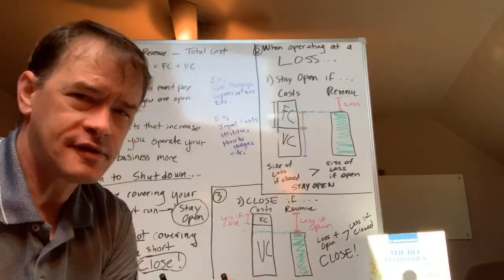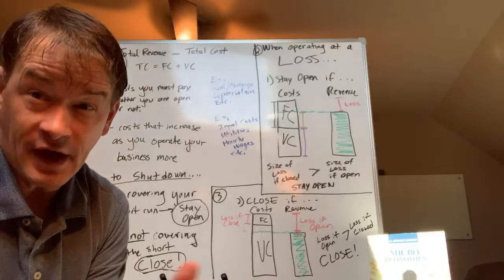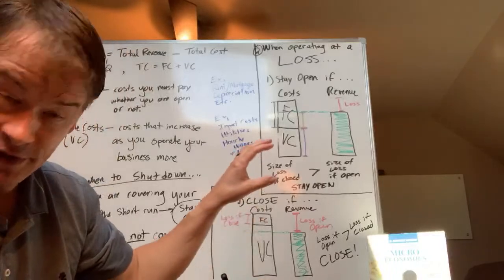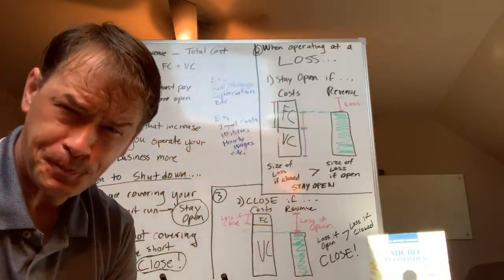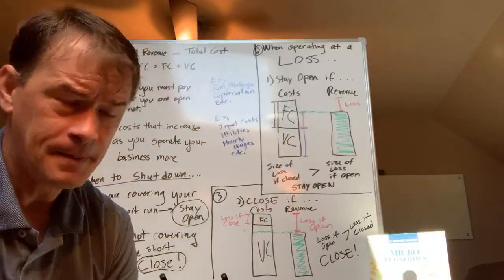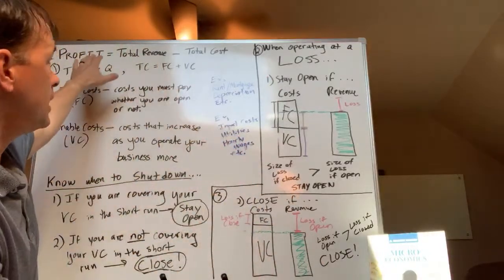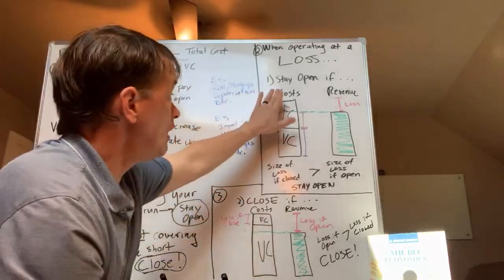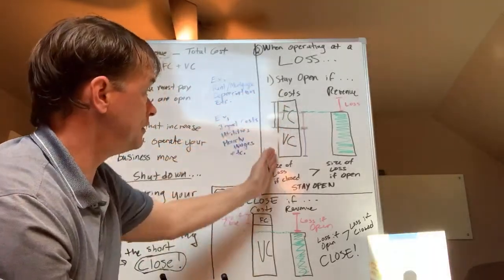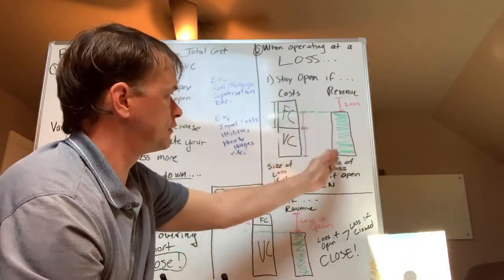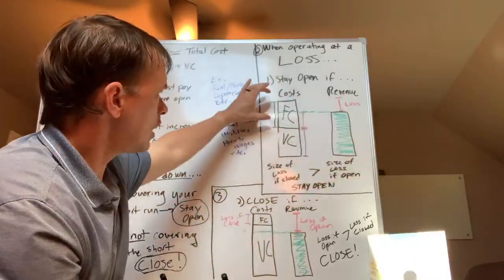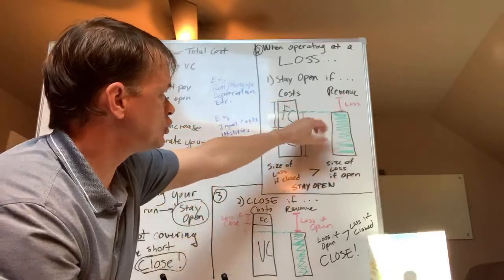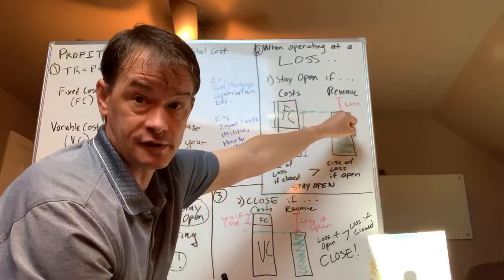I've tried to break this down. Now, this is like two to three chapters' worth of economics here, and I'm trying to break it down into two visuals. So bear with me here for a second. Basically, when you're looking at profit or loss, you have two things to consider, all right? You have costs, which are going to be this box, and you have revenue, which is going to be this box, okay? Right now, your cost exceeds your revenue, so you're operating at a loss, all right?